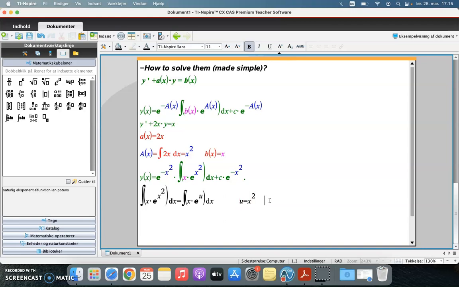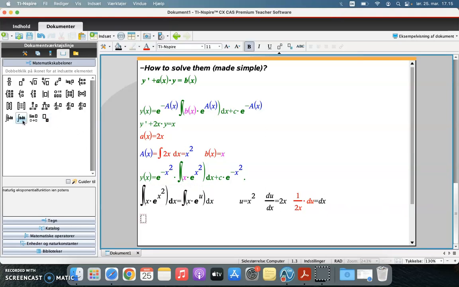Now this means that u differentiated with respect to x gives us 2x. And if we isolate dx, we get 1 divided by 2x multiplied by du equals dx. Now this here is something we're going to use. I'm going to color this red. So the next step from here,